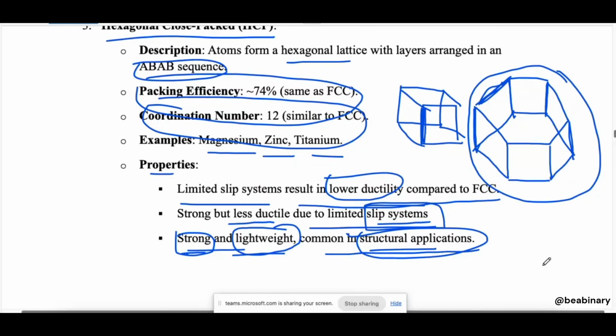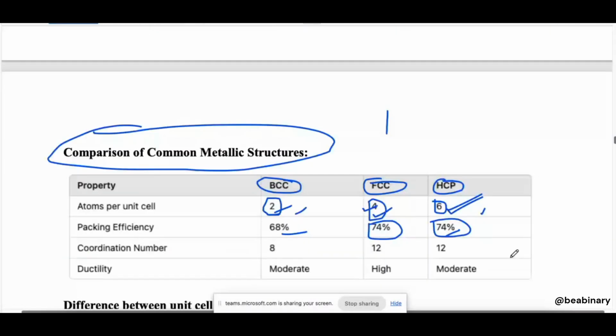So don't get confused about why both have the same 74%. Though they have different numbers of atoms present, the volume in HCP is also increasing. Okay, that's why you are having the same kind of packing efficiency. So don't get confused in that. Okay,